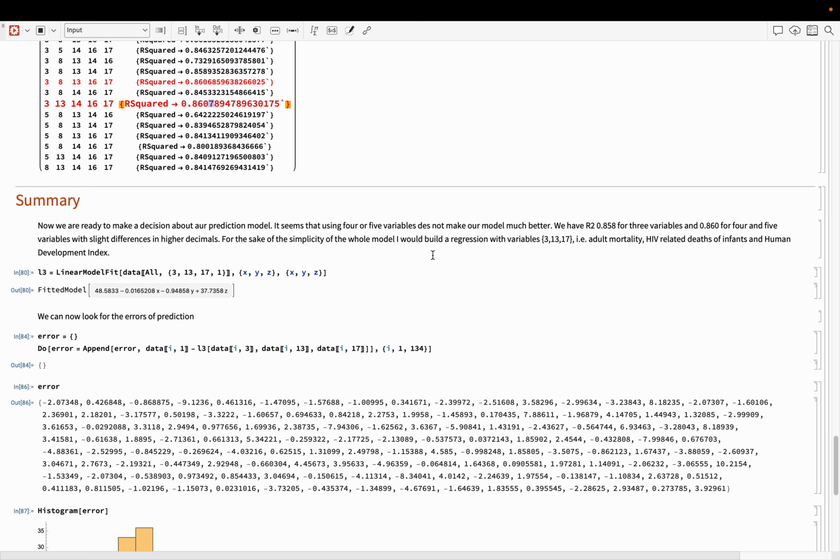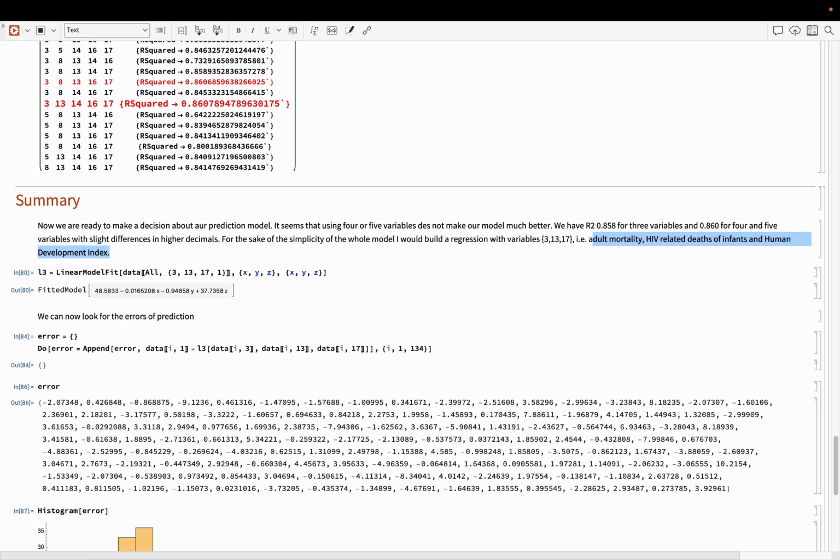These independent variables will be adult mortality, HIV-related deaths of infants, and human development index. And this gives us R square over 0.8,